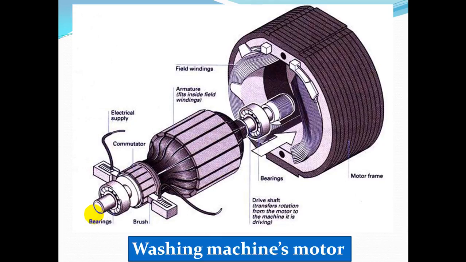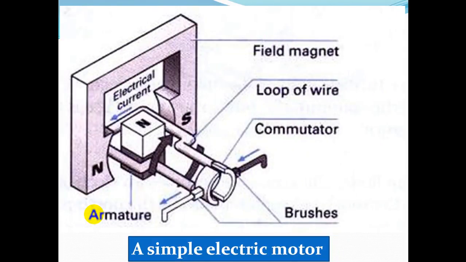An electric current running through a wire produces a magnetic field around the wire. I will show you in a simple electric motor. If an electric current flows around a loop of wire with a bar of iron through it, the iron becomes magnetized. It's called an electromagnet. One end becomes a north pole and the other becomes a south pole, depending on which way the current